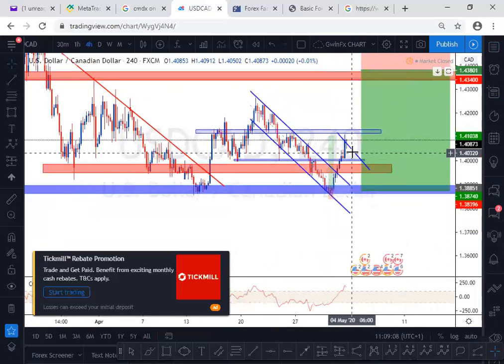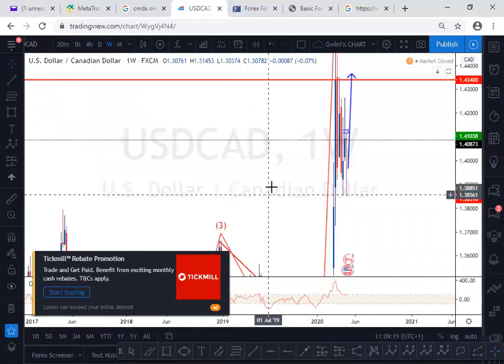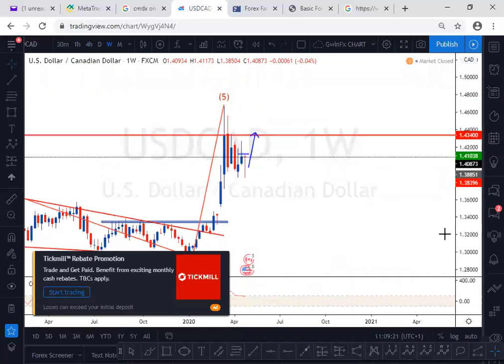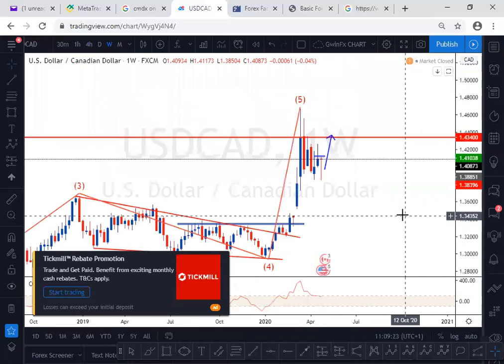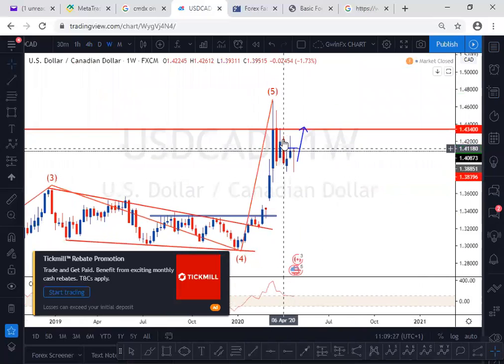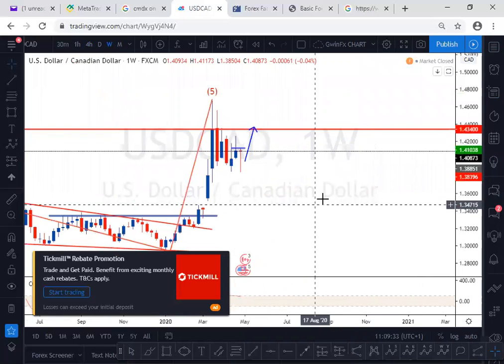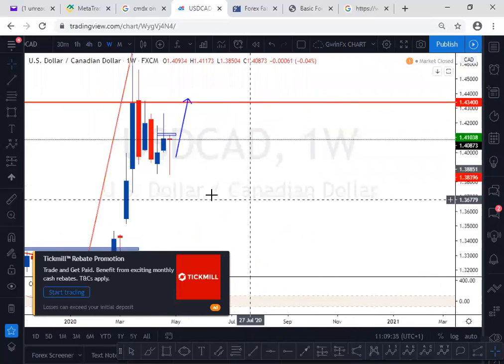So what do I want to see with the USD CAD from the weekly perspective to start with? We have a new week starting tomorrow, or today, Sunday, with some brokers opening by 22:00. What we want to be seeing, we have this bearish candle on the push to the upside, all this nonsense, because that is not what we're concerned with at the moment.